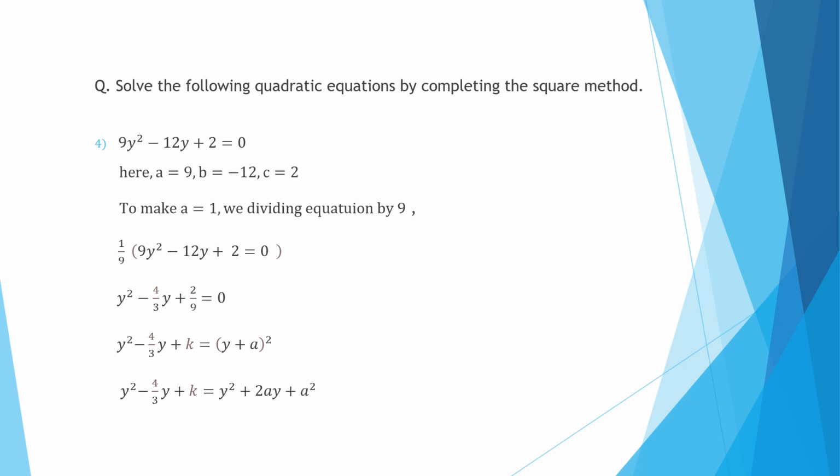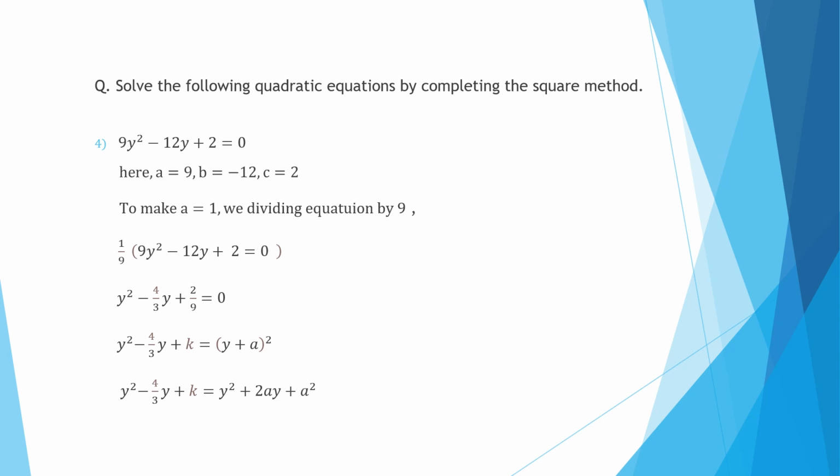सो या इक्वेशन मध्ये आपण काय करणार आहोत, कंप्लीटिंग स्क्वेअर मेथड मध्ये आपल्याला एक कंप्लीट स्क्वेअर फाइंड करायचा आहे. त्यासाठी आपण k नावाची टर्म ऍड करणार आहोत आणि इक्वेशनची व्हॅल्यू चेंज न होण्यासाठी पुन्हा मायनस k त्यामधून सबट्रॅक्ट करणार आहोत. आधी k ऍड करणार आहोत कंप्लीट स्क्वेअर होण्यासाठी आणि त्याच्यानंतर मायनस k करणार आहोत. सो या ठिकाणी आपण इक्वेशन राईट केले y square minus 4 by 3y plus k is equal to